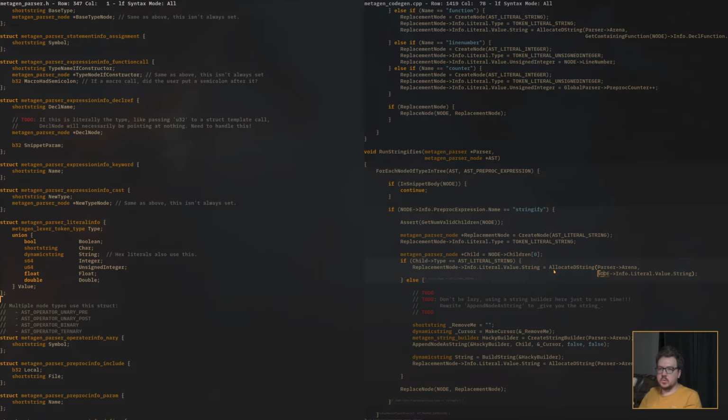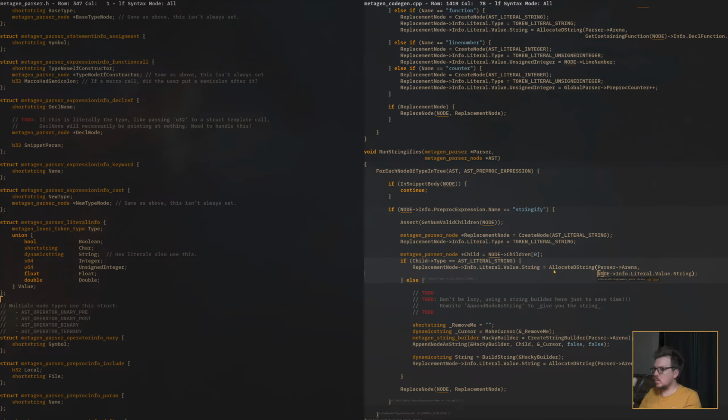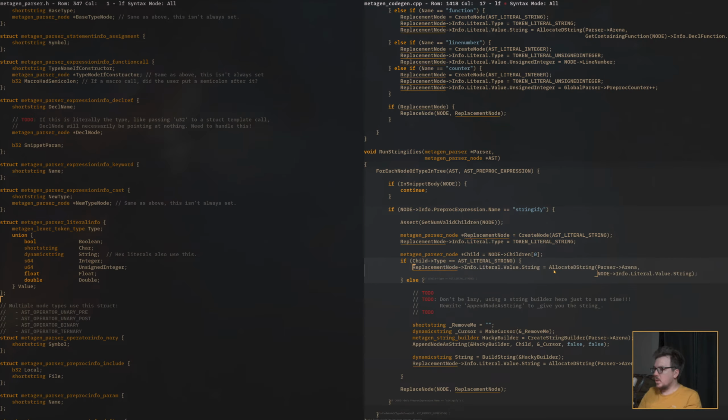If it's a literal string, all right, before we do this, let's just print out what it is we're working with here. This thing. Oh! Pay attention. This is not the node, this is the child.